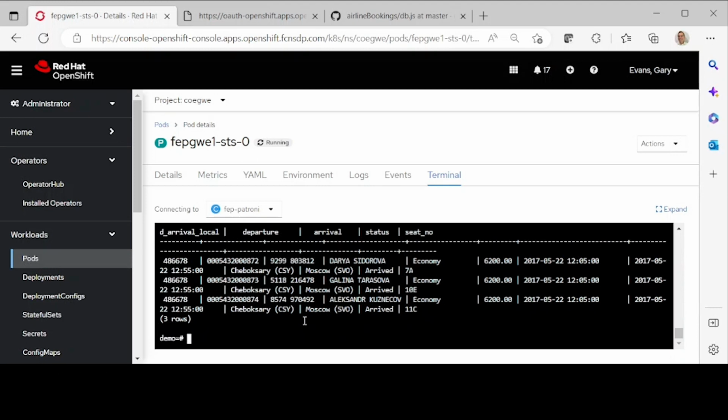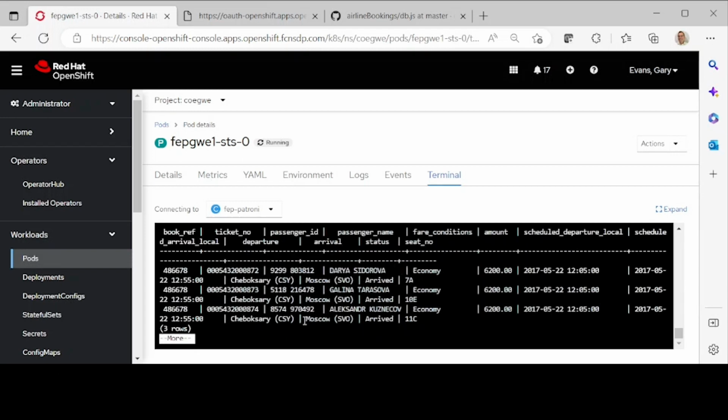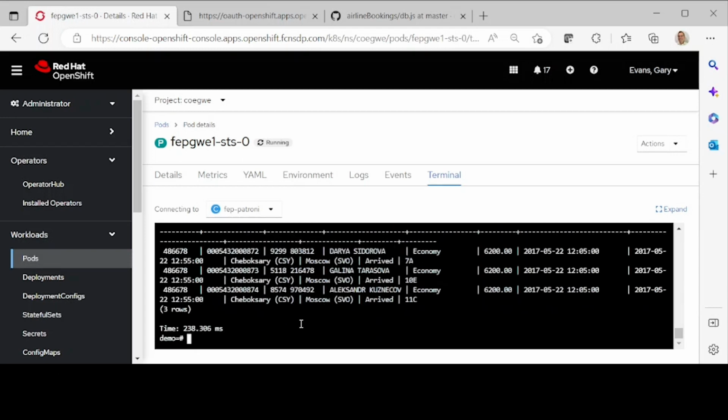Okay, it works okay. So what we'll do is put timing on. So 238 milliseconds without encryption. Now what I'll do is we'll go through and we'll create